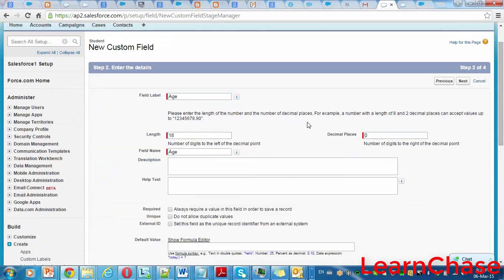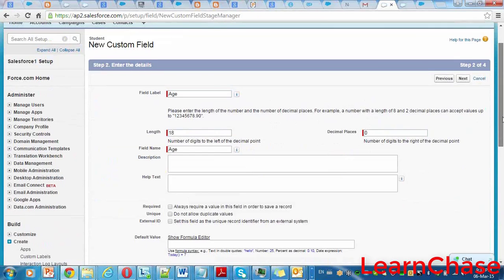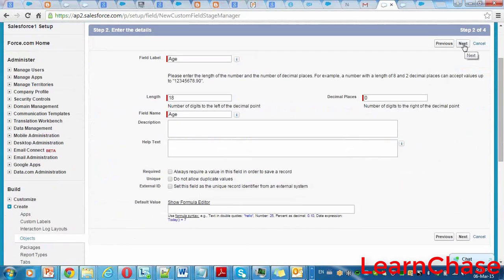Decimal points means the points will come as paisas. For age there are no points, right? That's why I'm giving 0 decimals. If you have any type of data that has decimal points, then you can mention 1 or 2 decimals if you want to capture them.